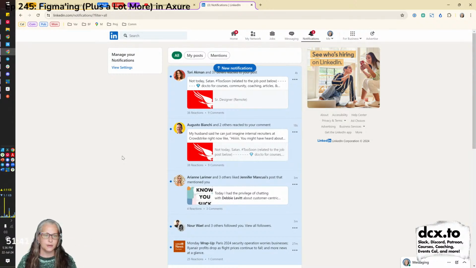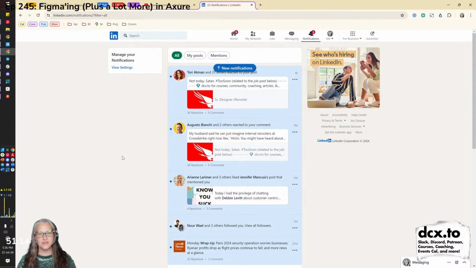Okay, so the first thing I want to talk about is styling. A lot of what people love about Figma has to do with styling, where you can create styles and colors and apply these things and create a design system. And I want to start by saying that there's a lot of that Axure can do, but honestly, at this point, Figma does it better. But there are plenty of other things that Axure does better.